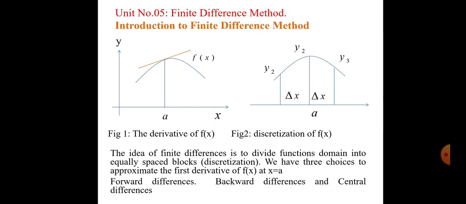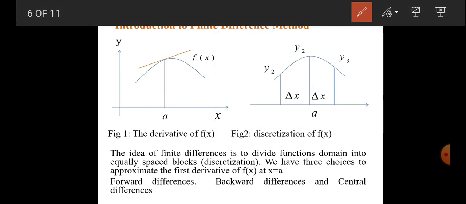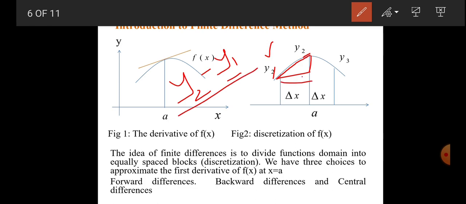Now in case of backward difference, we have to consider the backward element y1 if y2 is our main domain. We have to consider the slope like this, y2 minus y1. So we take the backward element y1, and the horizontal distance, meaning the interval, is del x. By taking this difference, we can solve this simultaneous equation.